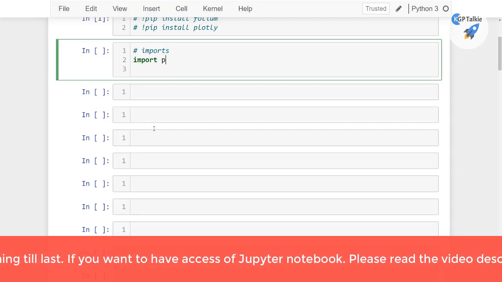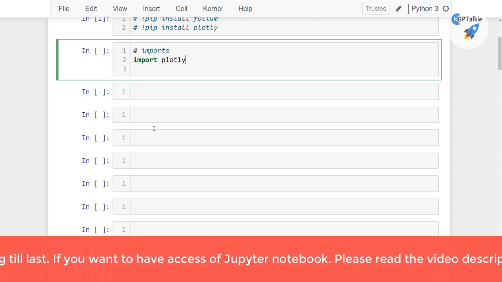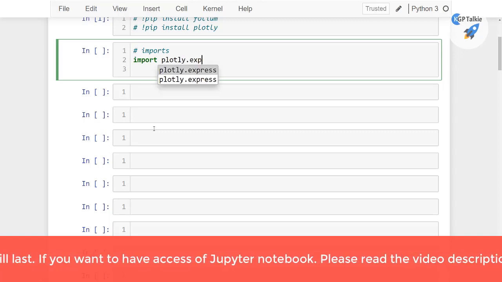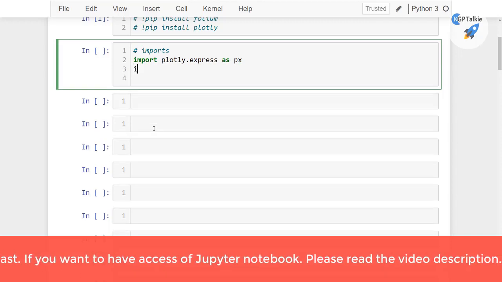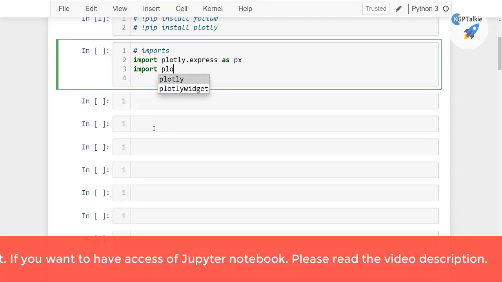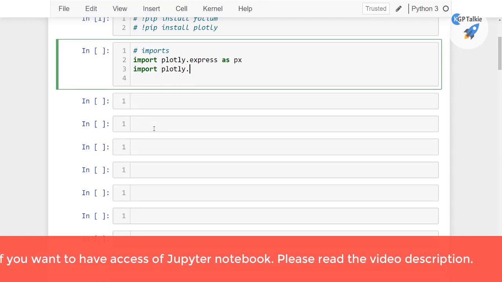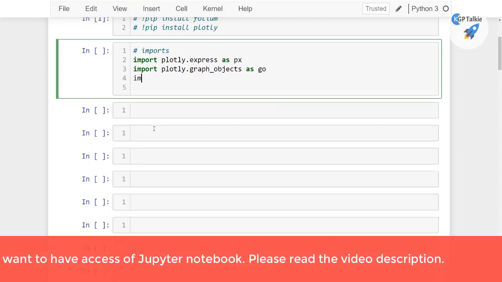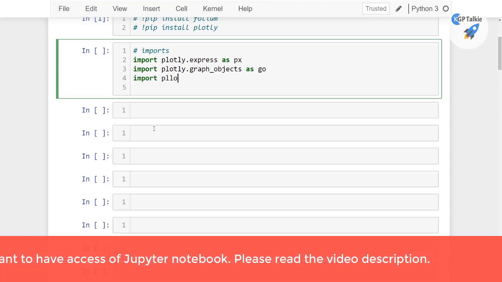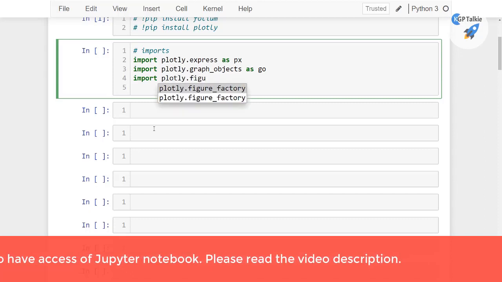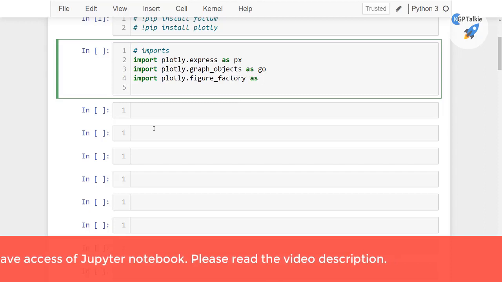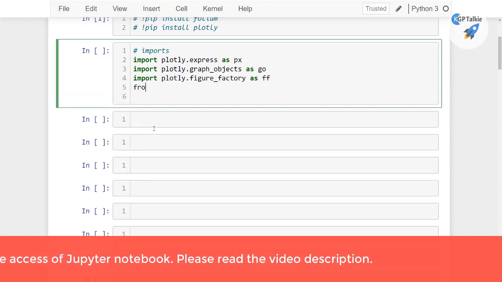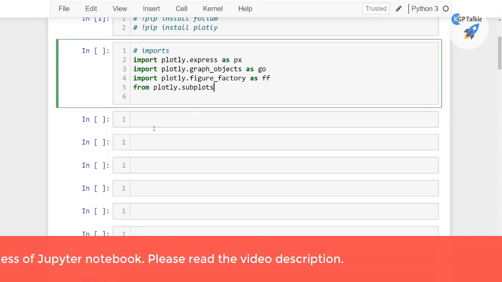You need to write import plotly.express as px, and then import plotly.graph_objects as go, and then import plotly.figure_factory as ff, and from plotly.subplots